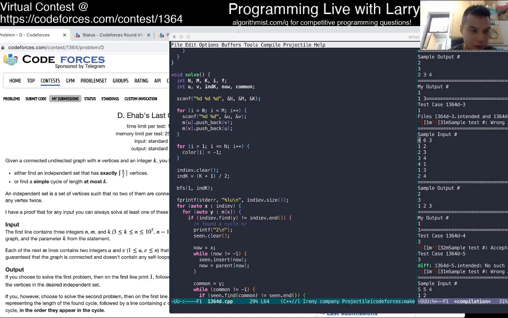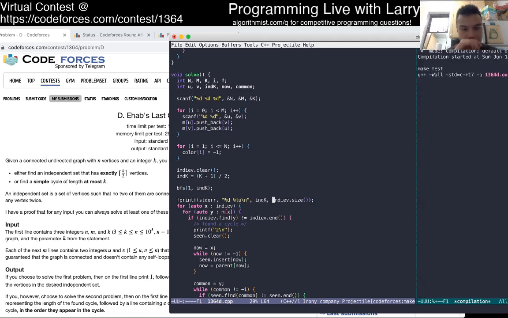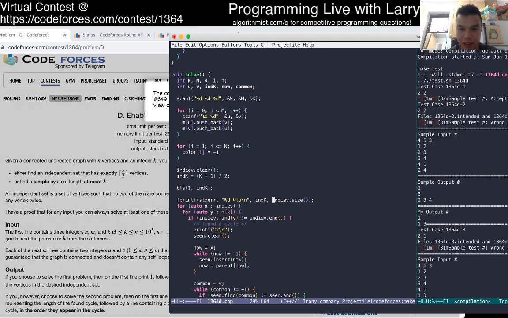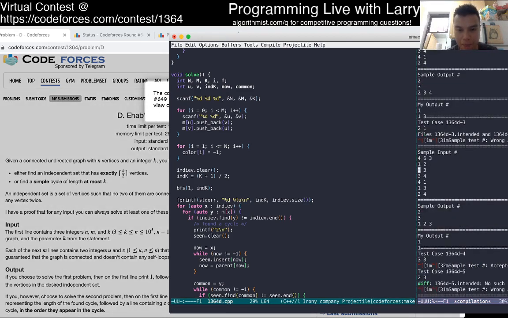Did I? Oh, I see. I mean, I knew this was the case, but I see that it has immediate edges, but not so this is clearly wrong. Whoops! I just rushed it a little bit. I think my algorithm is still relatively right. I just need to handle an edge case where